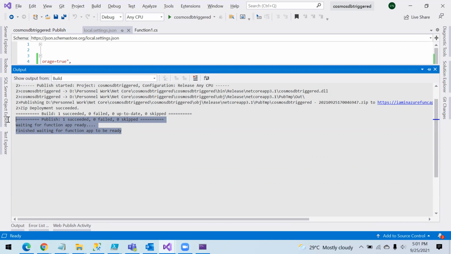Okay, this says the publication succeeded, but it's just waiting for the function app to be ready. So let's just give it a minute. Once we have this ready, we will be able to trigger and see the logs in the Azure portal. So I just want to finish that task first.